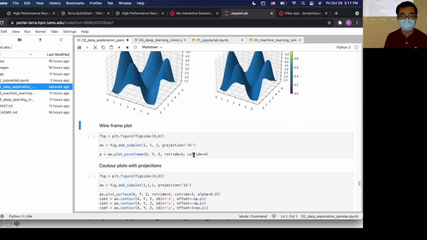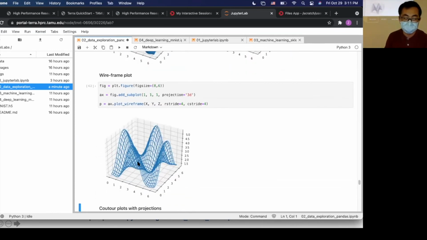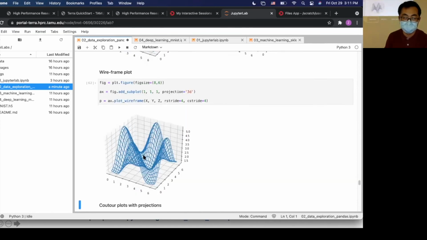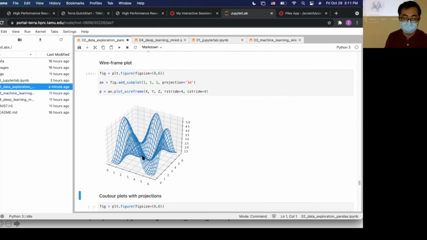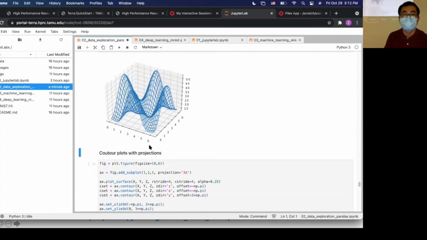And also we can do wireframe plots. Again we specify the keyword argument projection to be 3D, so we can do a 3D wireframe plot. We use the same data, so you don't have to worry about the data looking different. You can see from this plot that we have a wireframe plot. I'm not quite sure about the use of this wireframe plot. Maybe some students in different majors may think it's useful.